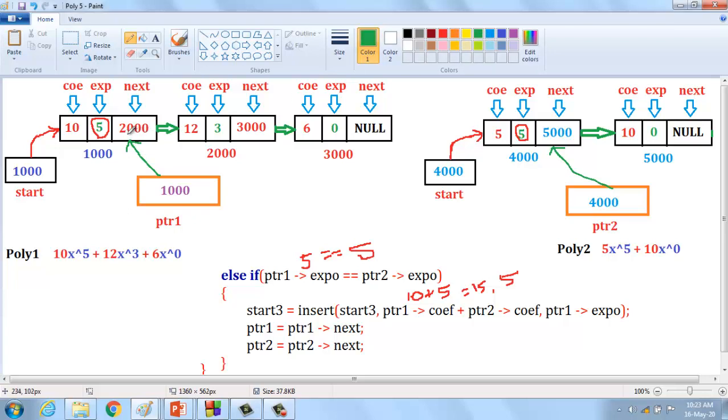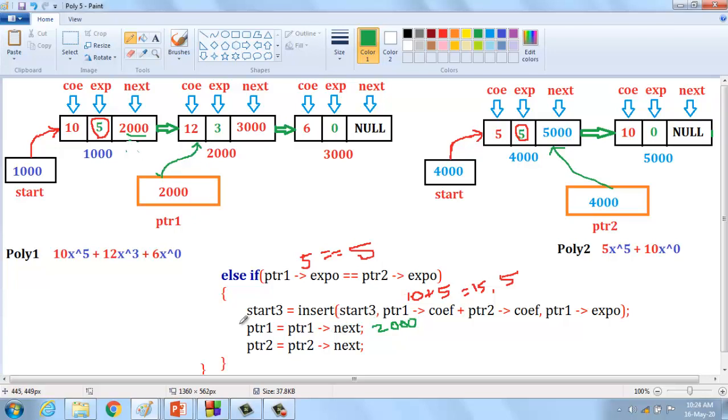So here ptr1 next is 2000. Automatically the link is terminated here, and then it should be changed to 2000, and the link is connected with the second node in the list.